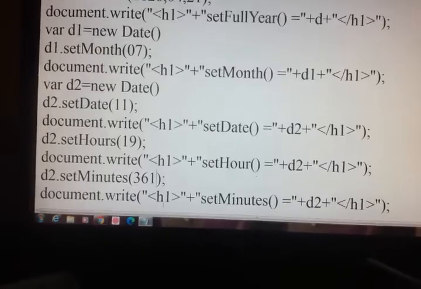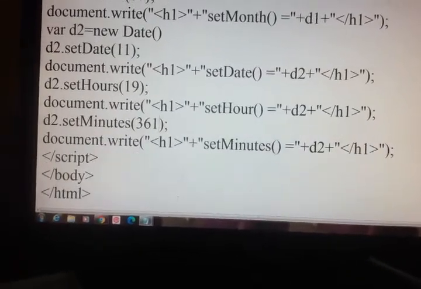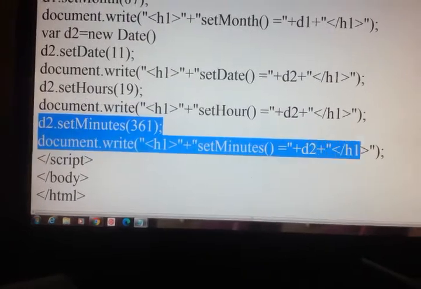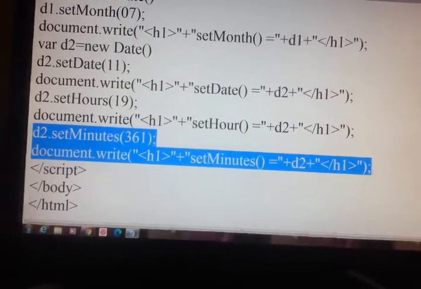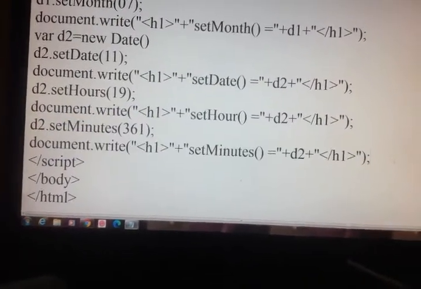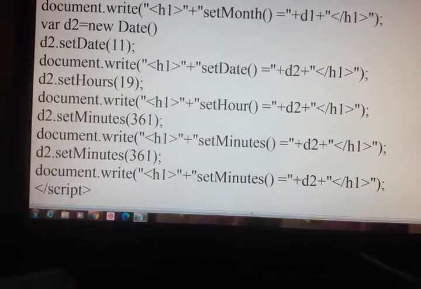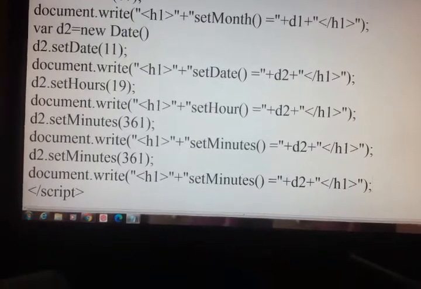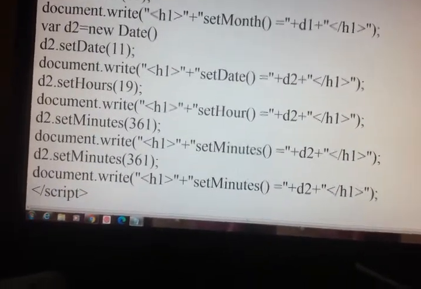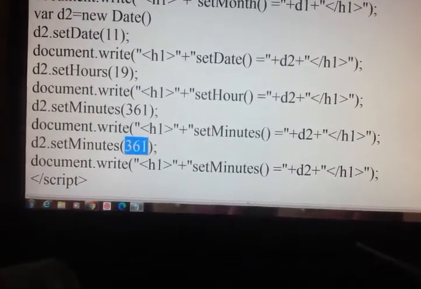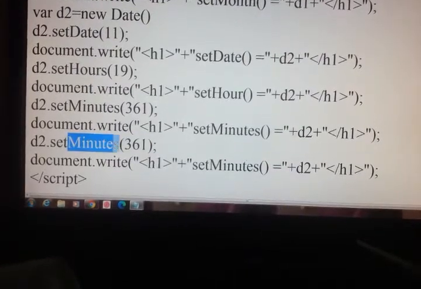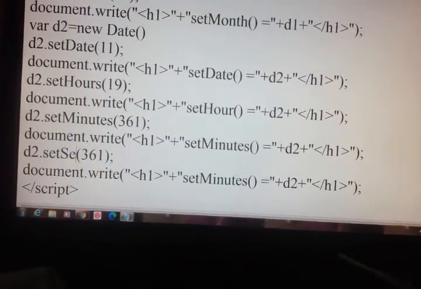Next we will see seconds. Here the seconds range is 0 to 59. So here we will just change minutes to seconds.